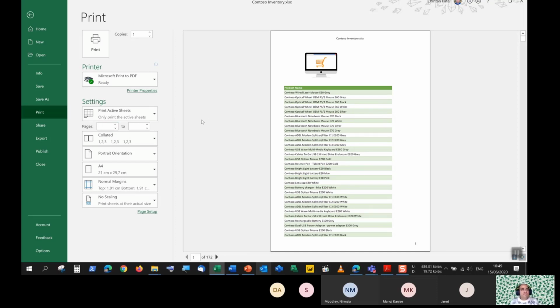Only print pages 5 to 10. Right, so you put in the number 5 here, put in the number 10, and you have set it up to only print a very specific amount of pages. Okay, collating. Right, collating and uncollating, very